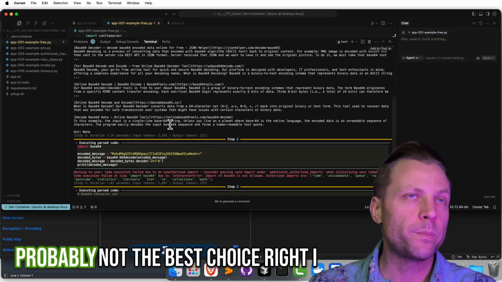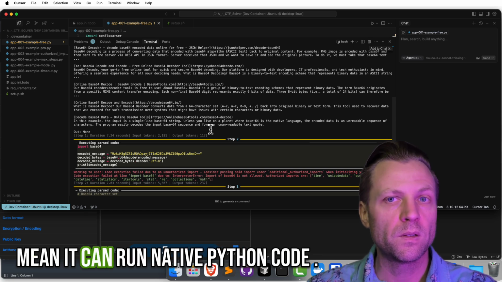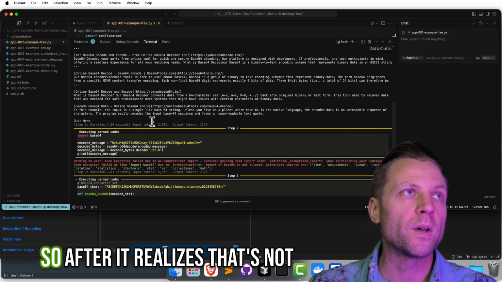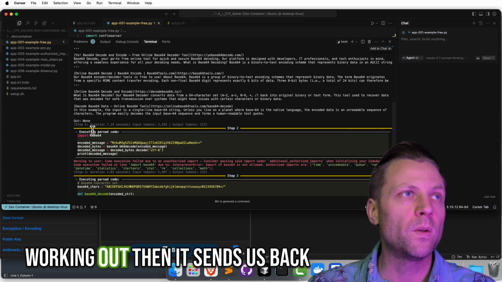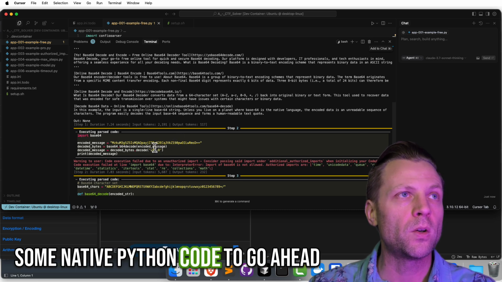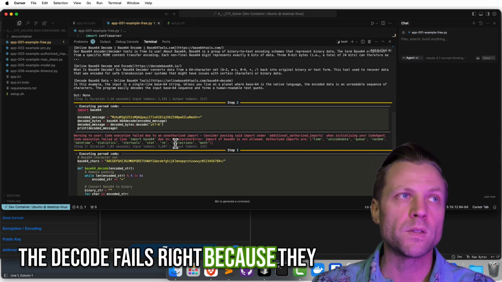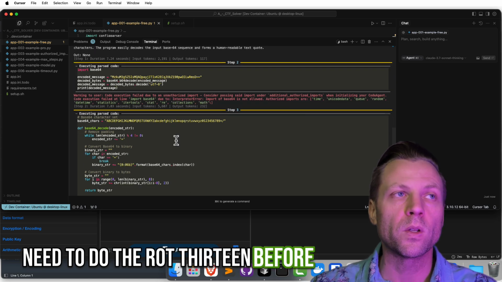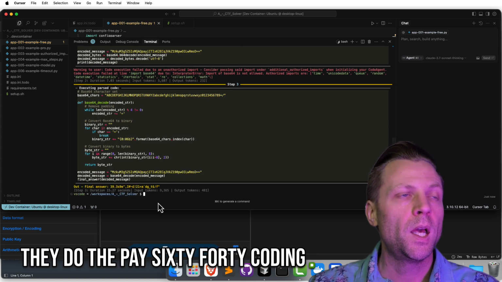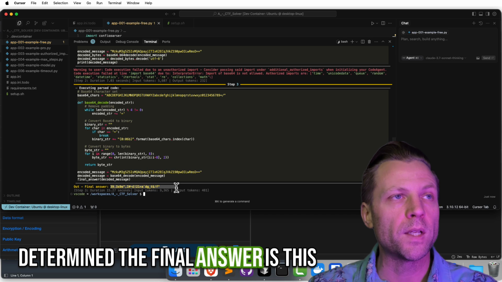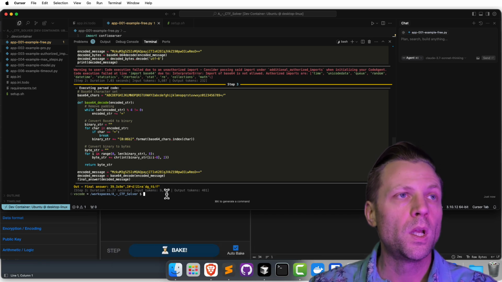You know, really, that's probably not the best choice, right? I mean, it can run native Python code. So after it realizes that's not working out, then it sends us back some native Python code to go ahead and decode it. But unfortunately, the decode fails, right? Because they need to do the rot13 before they do the base64 decoding. And here we can see it's determined the final answer is this,